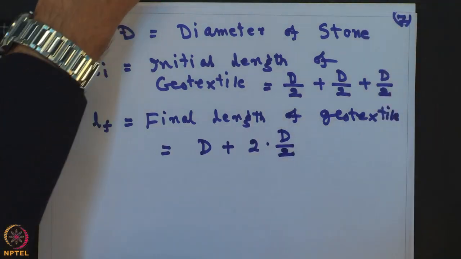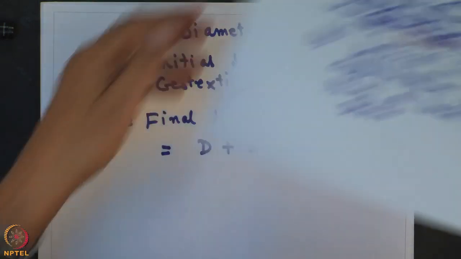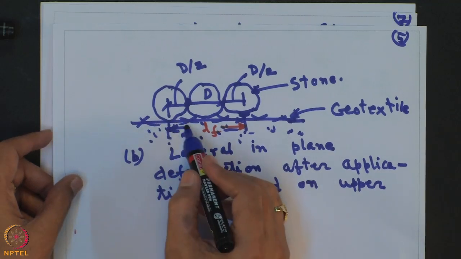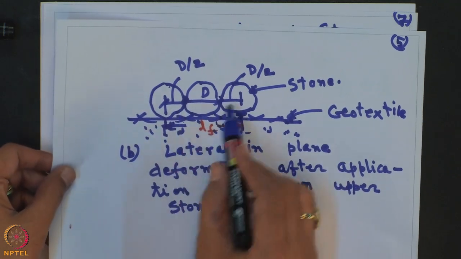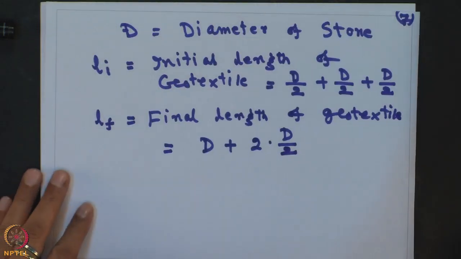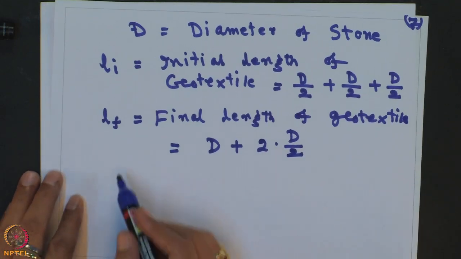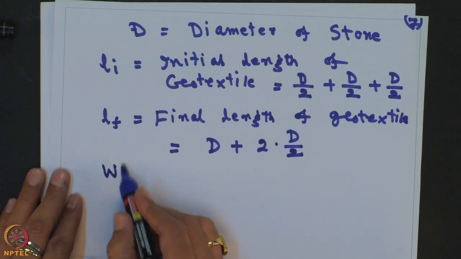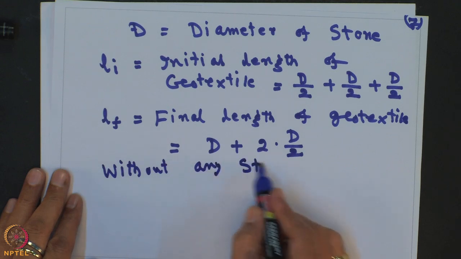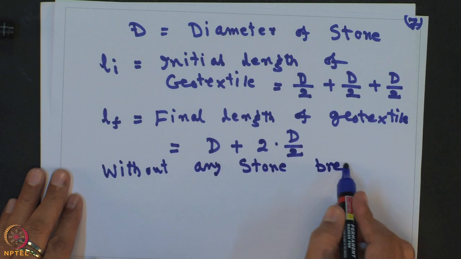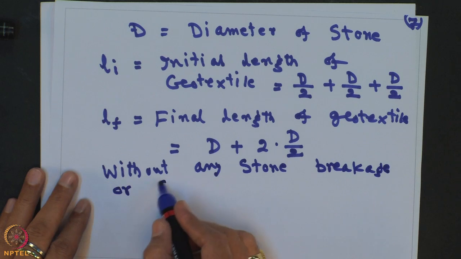If you can see, when you apply the load, this is D by 2, this is D by 2 and this is D. So, D plus D by 2 plus D by 2. So, that is why D plus 2 times D by 2. So, without any breakage or slippage,